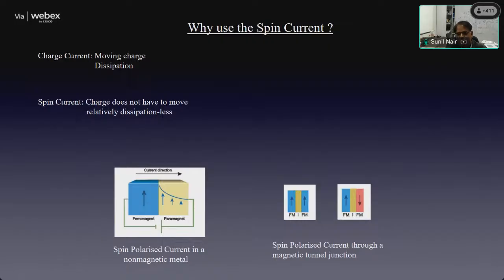Okay, so in case you're looking at the phenomena of simple electrical resistivity or charge current, the length scale of the problem is defined by what is known as the electronic mean free path. So what is the electronic mean free path? Electronic mean free path is how much does an electron physically move before it encounters its first scattering event, right?